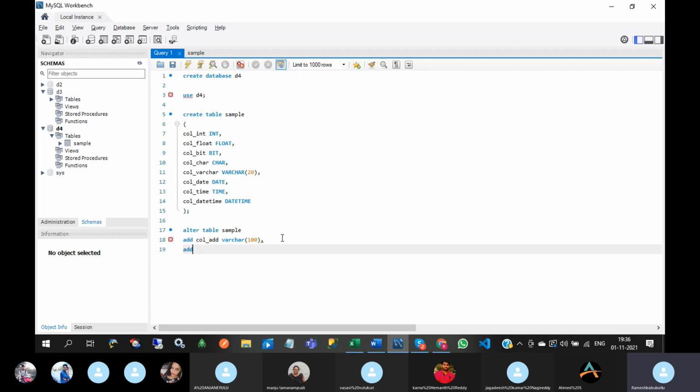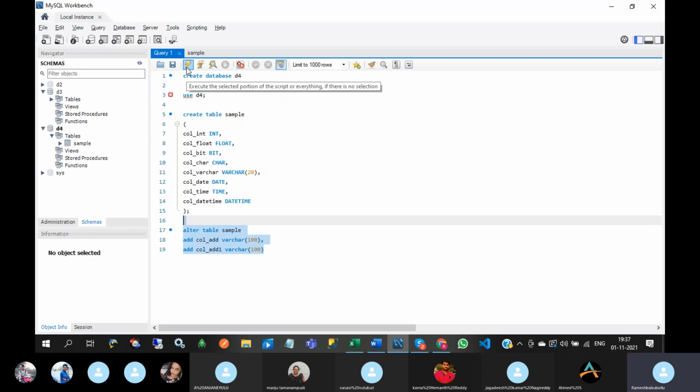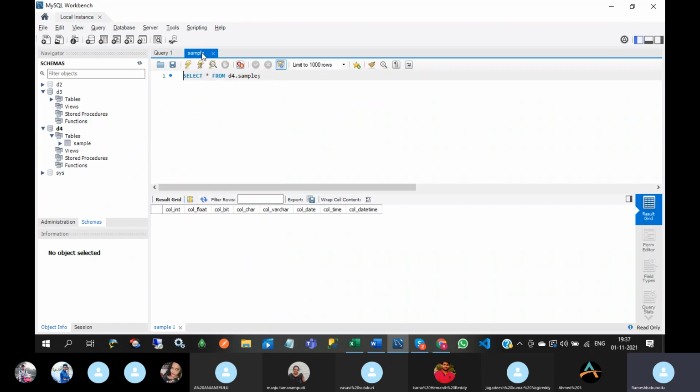Add column, add one varchar of 100. See, this one is the execution button. See this, two columns are added.